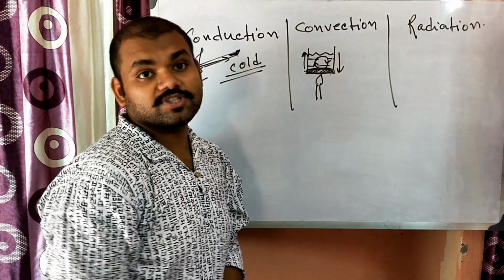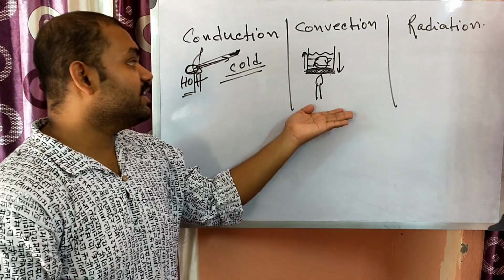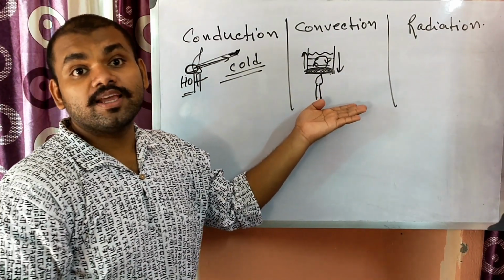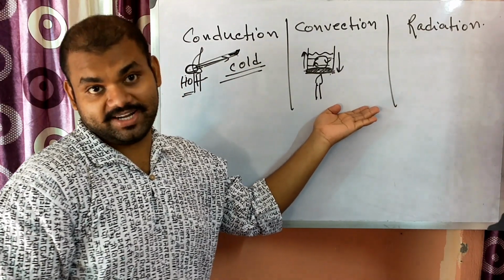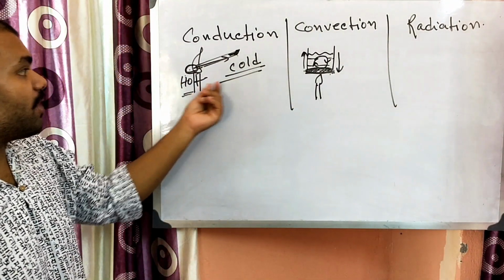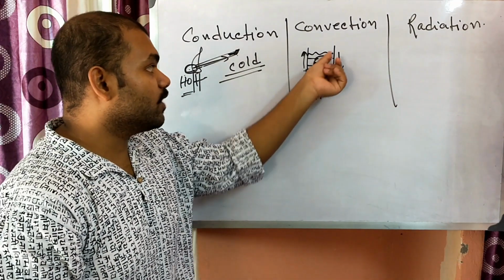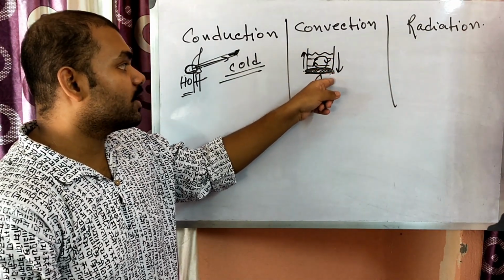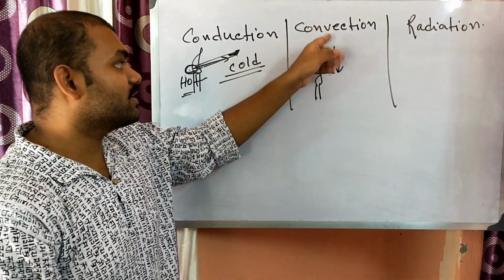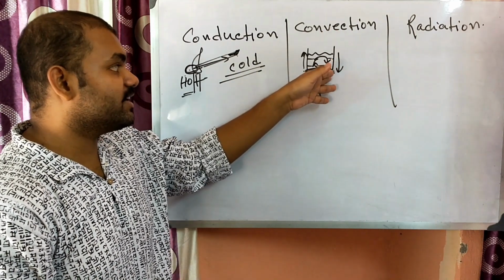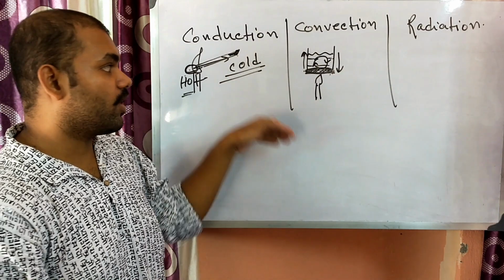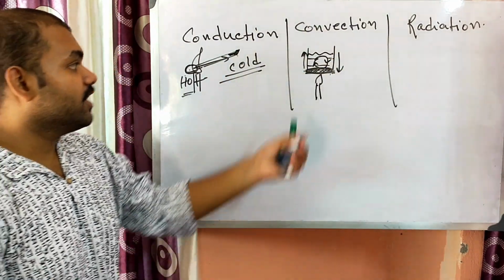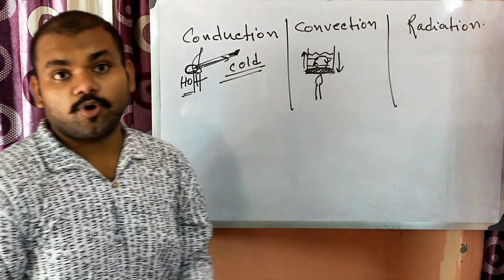So this is the process of convection, where heat is transferred by the actual movement of the molecules, that is, actual mass movement. Here in conduction no mass moves, but here the mass actually moves, because light water goes up and heavy water comes down, and then it takes the heat and again goes up and then comes down. So it occurs in a circular motion. Okay, so this is the process of convection.